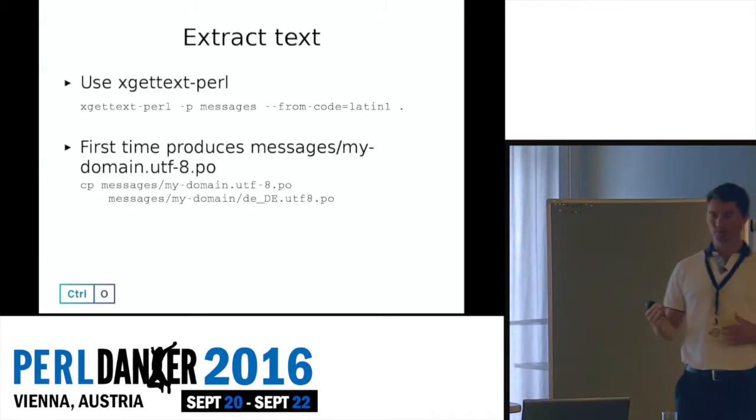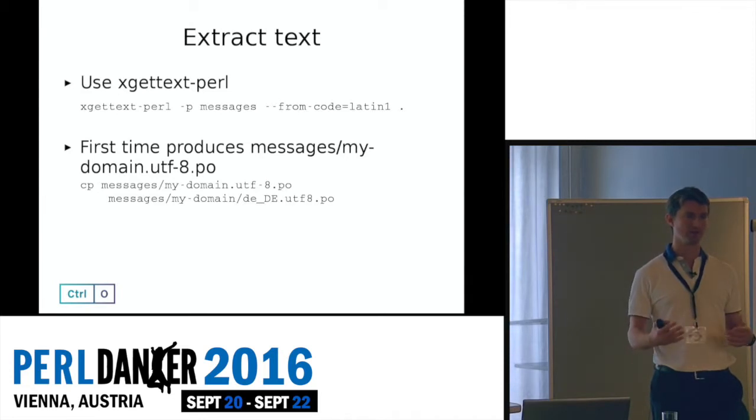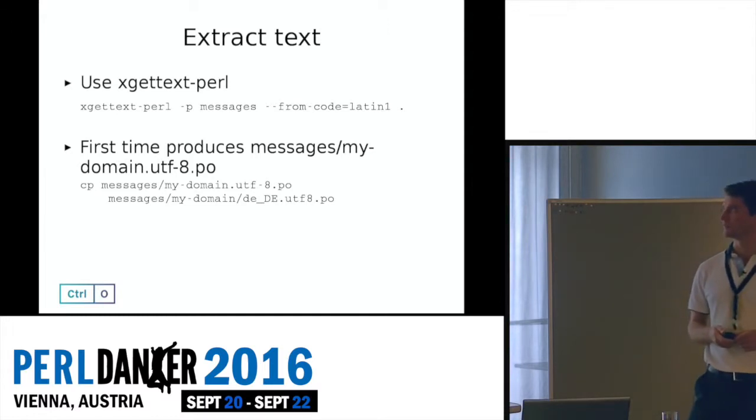So we've got our application, we've signified all the text that we want to be translated with the double underscores. What we now need to do is extract that text into some sort of string format, not necessarily ASCII, so that we can then translate that. And we do that using this script here called